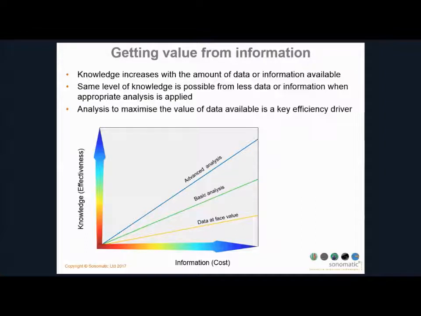So the knowledge that we have generally is going to increase with the amount of data or information available. If we look at this graphic over here, the x-axis shows the information that we have available, which generally also increases. If we want to increase information, we're increasing cost. The y-axis shows the knowledge we have of the equipment, which feeds into effectiveness. So generally there's a tendency, the more information we have, the greater knowledge and hence effectiveness we have for integrity